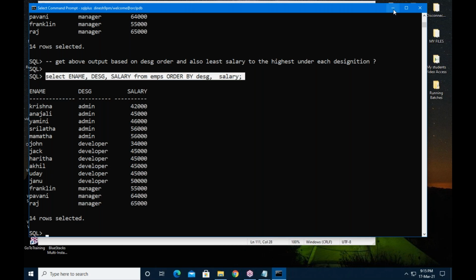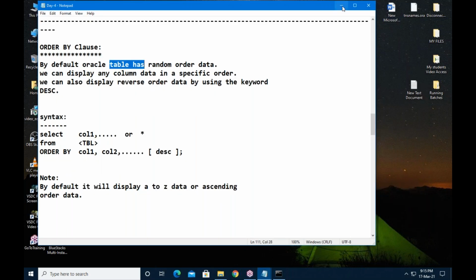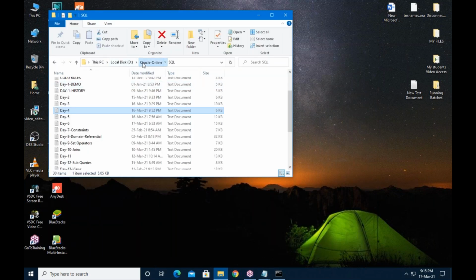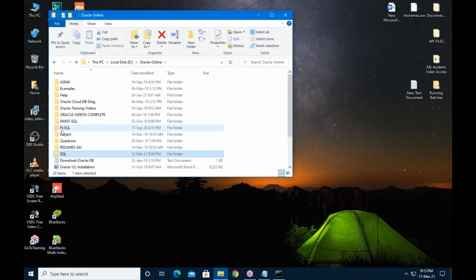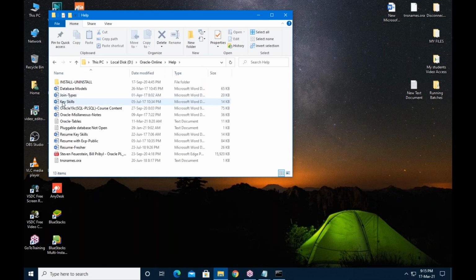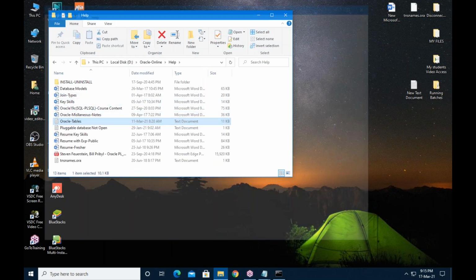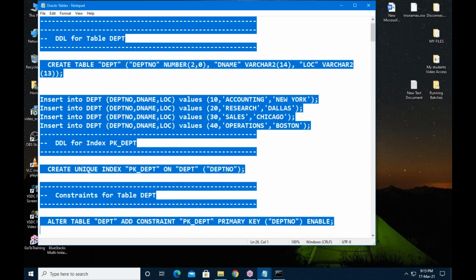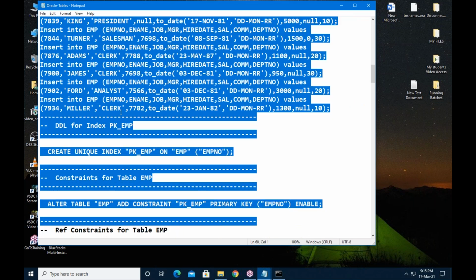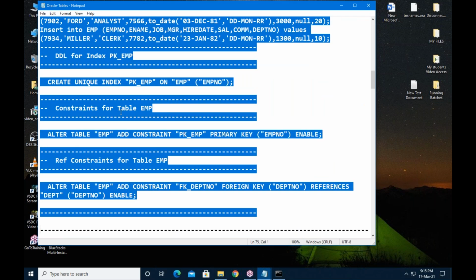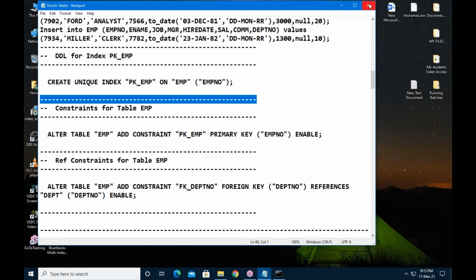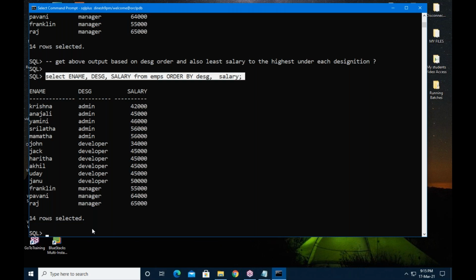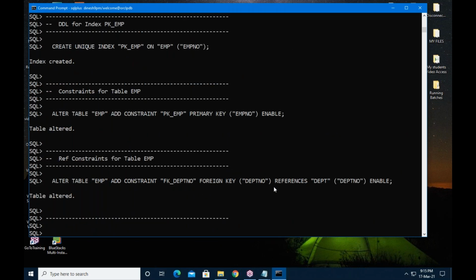Now let me take some other table. I want to consider some other tables, helping tables. I am creating the department table and also the employee table.